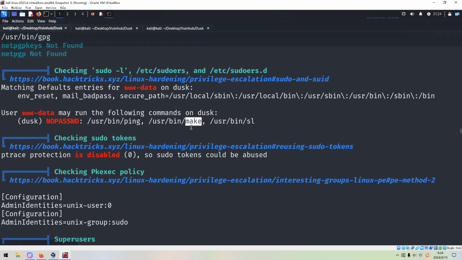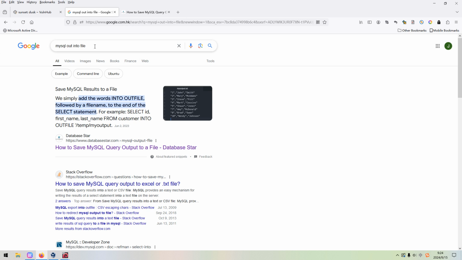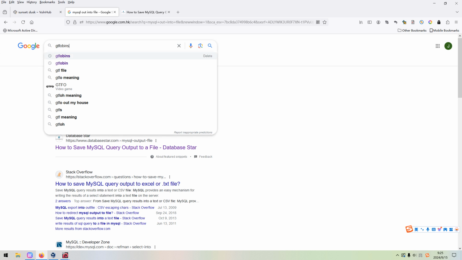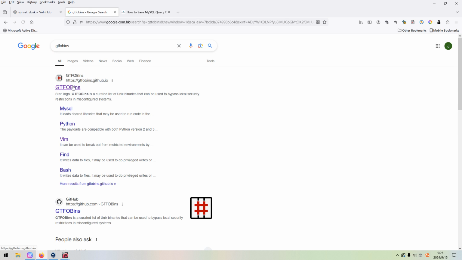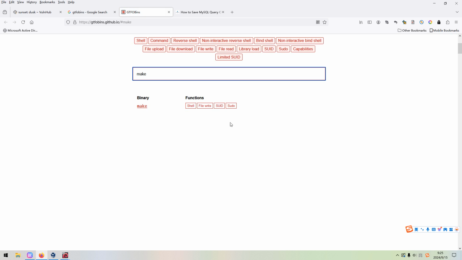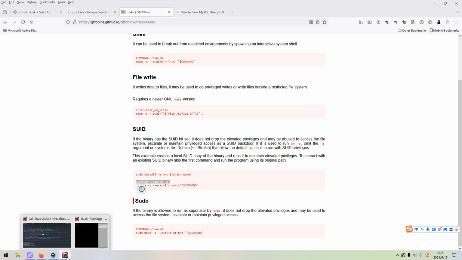As you know, this is a very popular and important command when we try to compile C code. However, the question is how to utilize this command. So we can go to the website of GTFOBins and we can put make and navigate to the sudo section, and we just follow instructions.